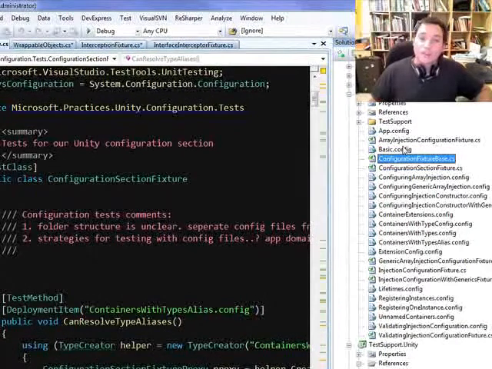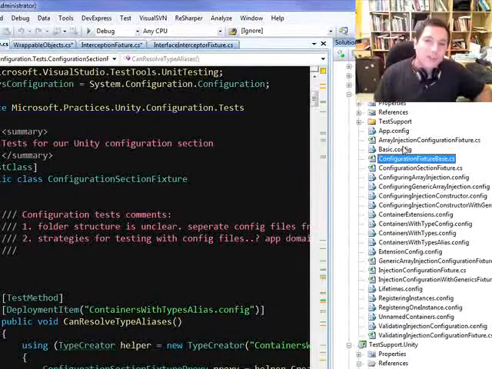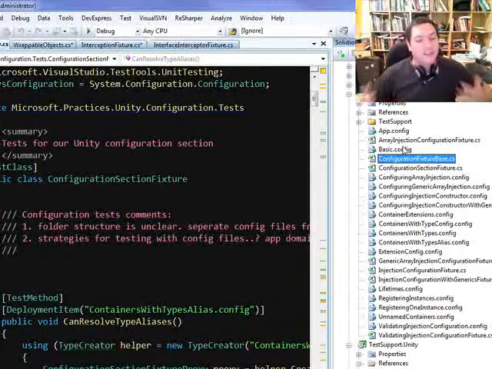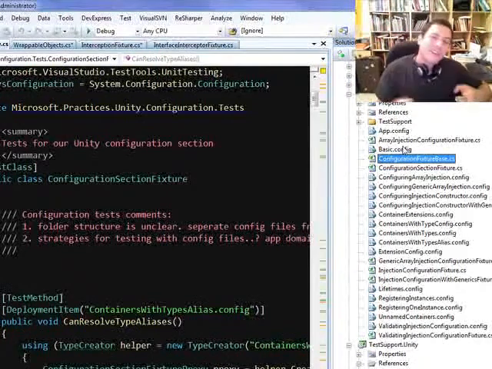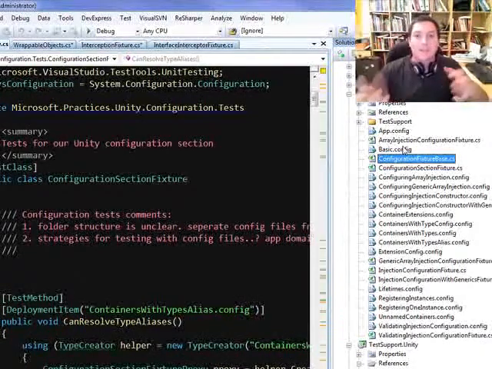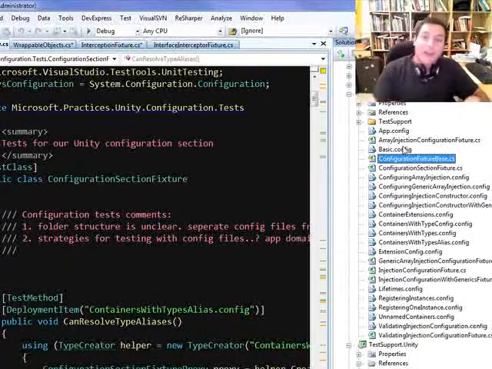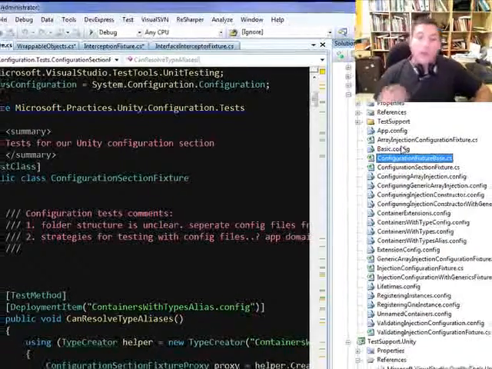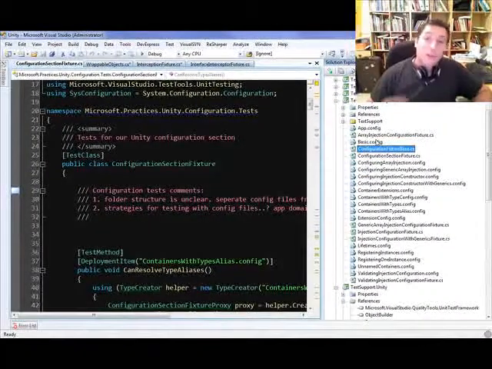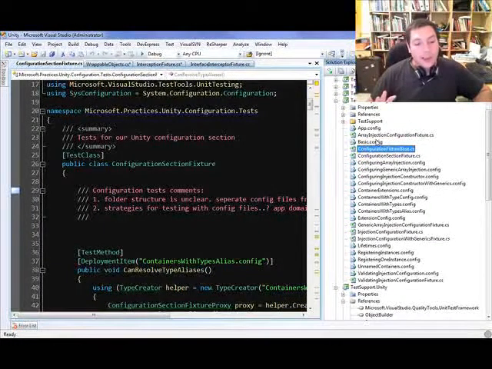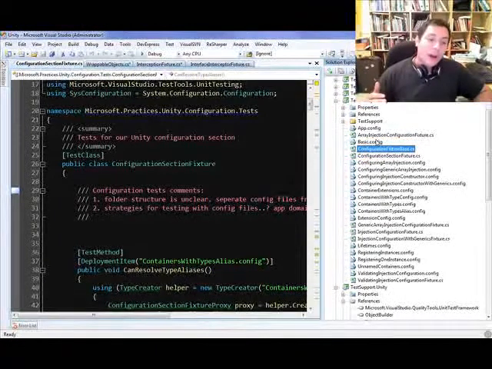It also raises another interesting question. When you have config, do you want to test with actual config files? Because that makes tests much harder to write, because you have to write custom utility classes that set up the app domain with the custom config file that you just wrote. Or do you want to stub out the configuration file or the configuration reader? Both are okay. In this case, they actually chose to use the real config files, and I can understand why,